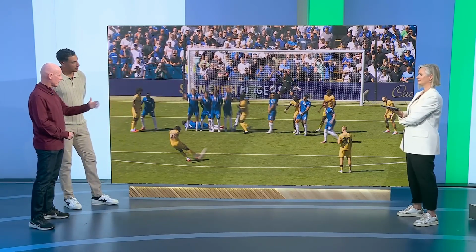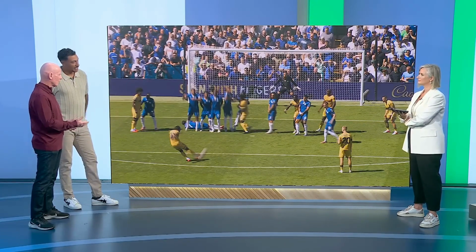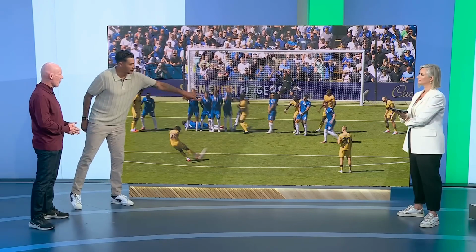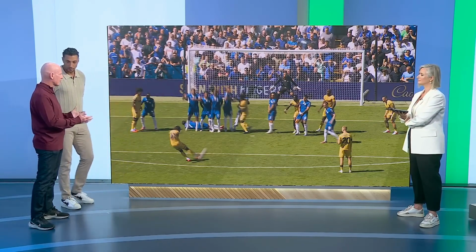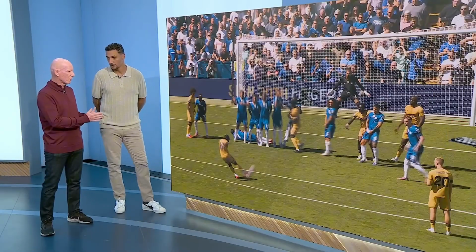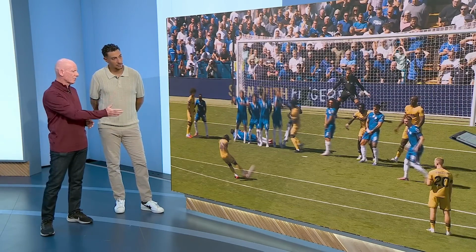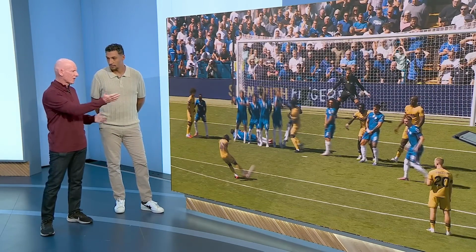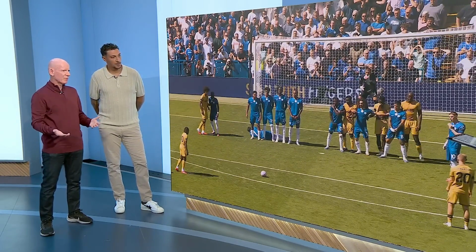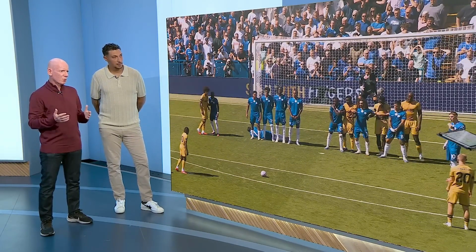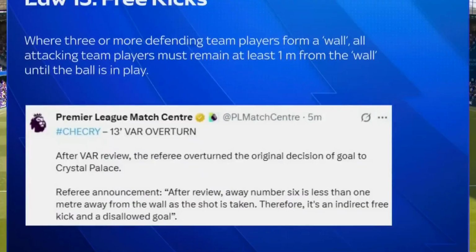It's not the ball, is it? It's Gay's impact, not the ball. So he's not impacting this side of the wall, though. So I'm saying, would that be a free kick if we're in the top corner? But he's connected. That's the point. The ball's immaterial. Once the ball's in play, it's Gay's start position. And Gay's start position when the ball's in play is connected to the wall. There's no doubt about that. So then they still give a free kick then? Exactly, because it will get picked up by the VAR. And that's why it came about, because a goal was scored and it got checked. Correct. So on that, in just a minute, I'll just clean this up.